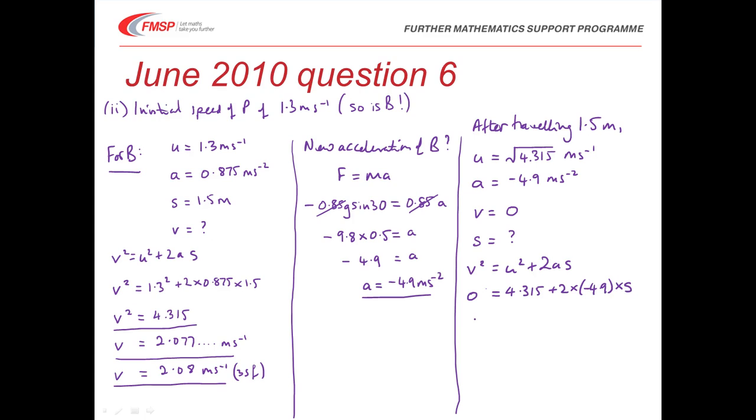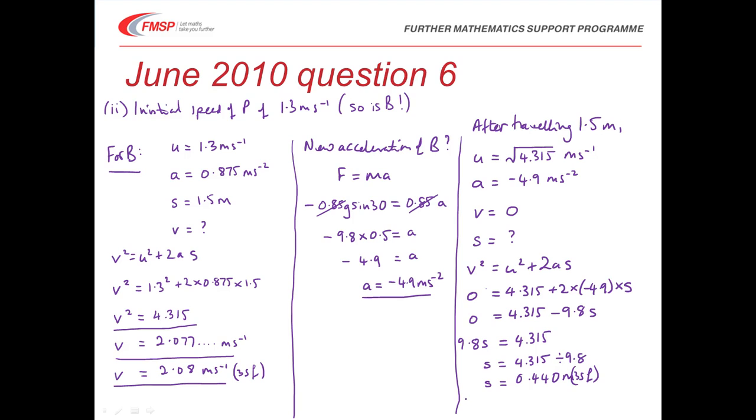So that gives me 0 equals 4.315 minus 9.8 times S. Let's add 9.8S to both sides. 9.8S equals 4.315, and therefore S is 4.315 divided by 9.8. That gives me an answer of 0.440 meters to 3 significant figures,